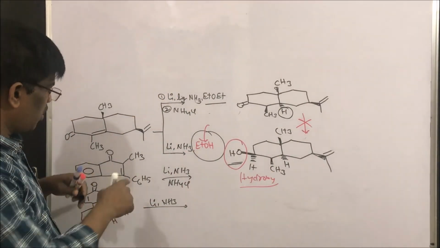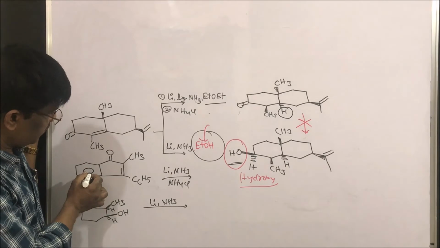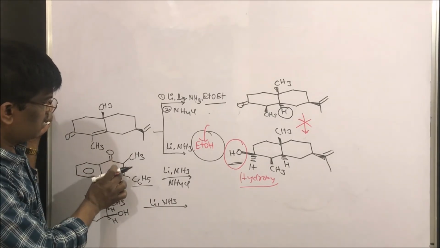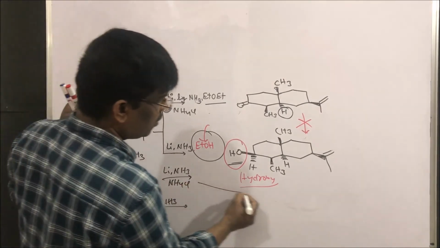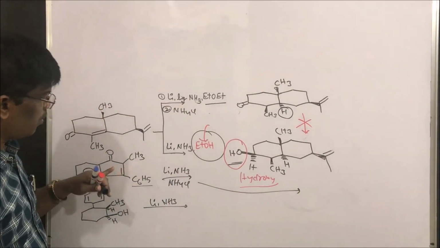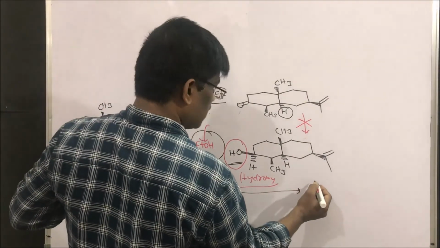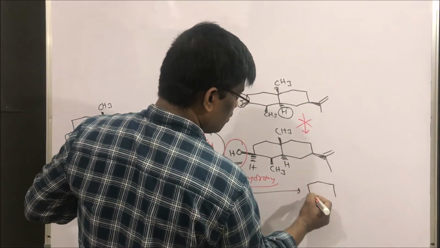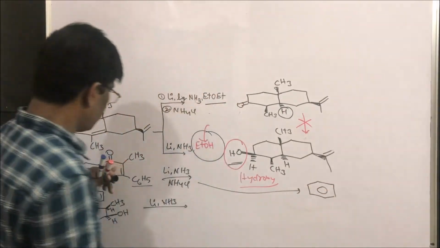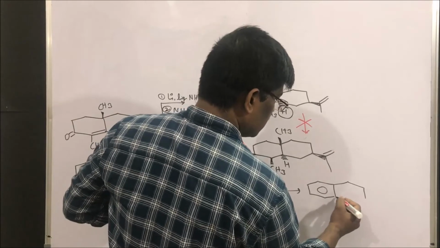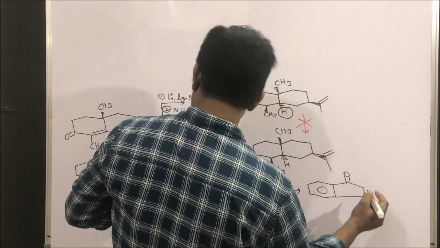So let us take one more example. Here what is happening? This is phenyl ring, this is also phenyl ring. So what is there? Simply write down the compound. However, usually we get trans compound, but it is a cyclic compound. Here the major compound, that is 80% of the compound, is going to be the cis compound. This is one exception type compound. So we are going to get cis compound, don't worry.